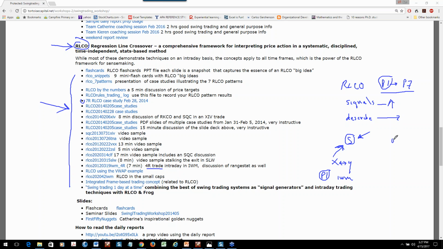And what you'll see is that when we get into the second generation of RLCO, like the OWL and the Z3P patterns, which by the way work on multiple time frames, the OWL is a refinement of pattern 1, and the Z3P is a refinement of pattern 5. It just puts more criteria on them. As we have learned through trading these in practice, there are ways to improve on the original pattern. So we can use these patterns as a language to be very precise about what it is that we're seeing,